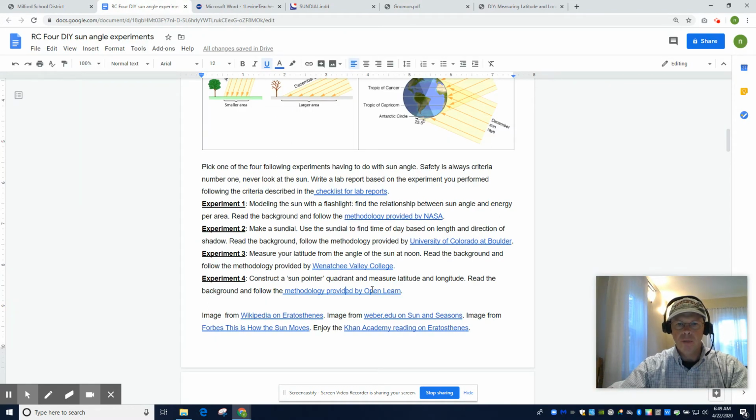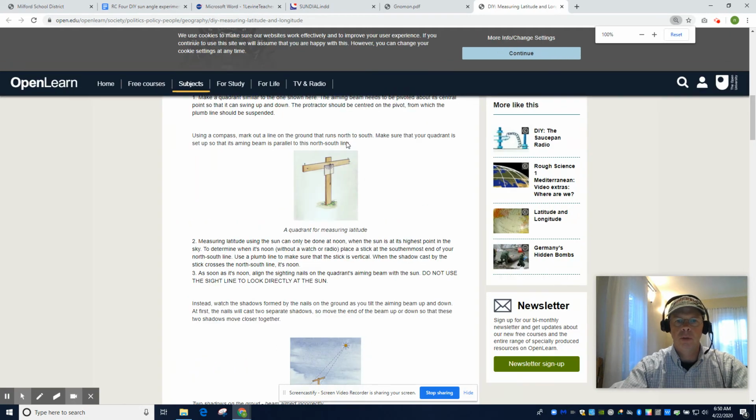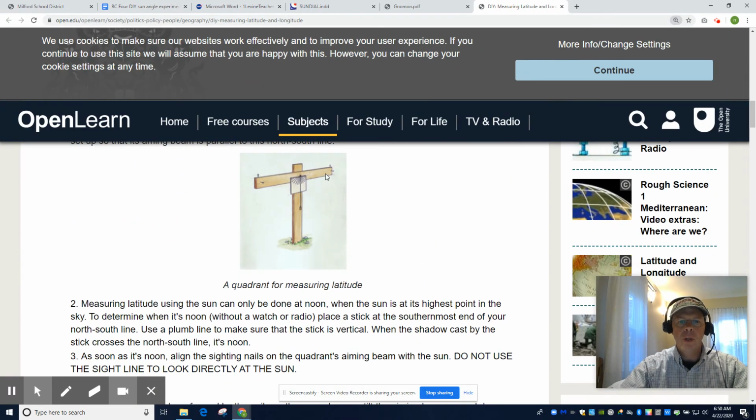And the fourth one is provided by Open Learning University in the UK. And here we're going to make a different tool. This is called a quadrant. So this horizontal member right here rotates. And hang on, let me try to zoom in. This horizontal member rotates, and this is a plumb line. So you just put a protractor and you use the plumb line to figure out how high above horizontal or how far away from vertical this pointer stick is. So you're trying to